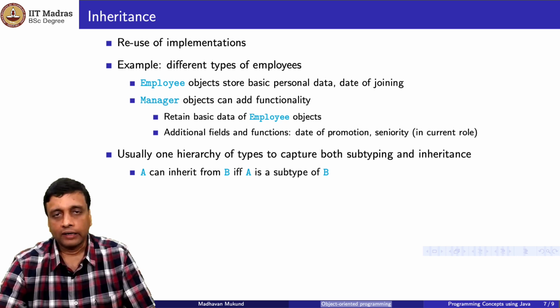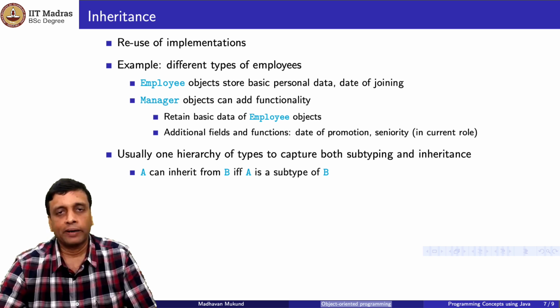Normally, when we create hierarchies of types in a programming language, we only have one way of defining this hierarchy. We already saw that we have this hierarchy referring to subtyping. A is a subtype of B, which says that in every context where we want a B, we can substitute an A instead. So, A is a more specialized version of B. This goes hand in hand in most programming languages with inheritance. If we want to implicitly reuse code from B, then A should be sitting below B in this hierarchy, so A can inherit from B. In the earlier case, we would have employee as a parent type and manager as a subtype. So, manager would inherit from employee.